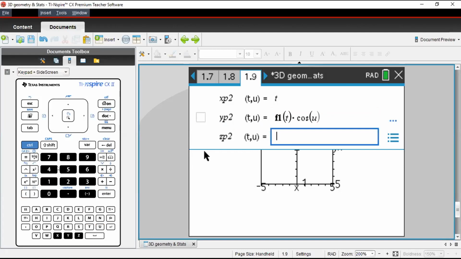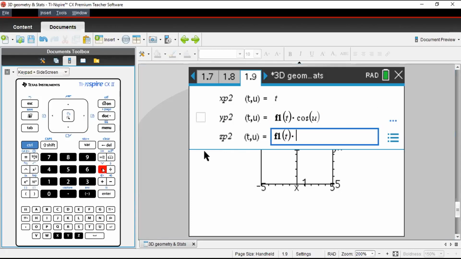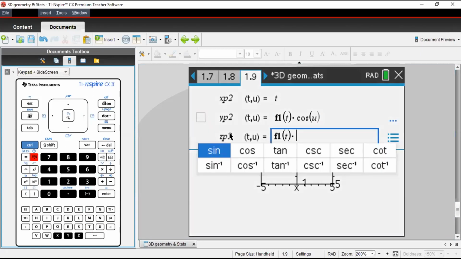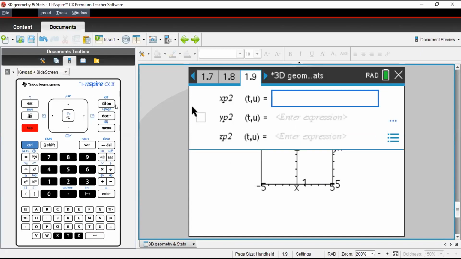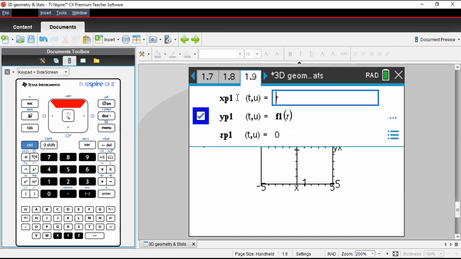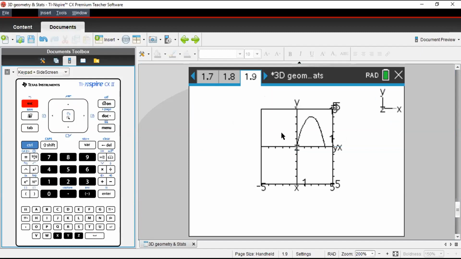Similarly, I define z as f1 of t multiplied by sine u. So why do we take it like this? Let's look at the original function. What was the original thing that we had taken? T, f of t and 0.